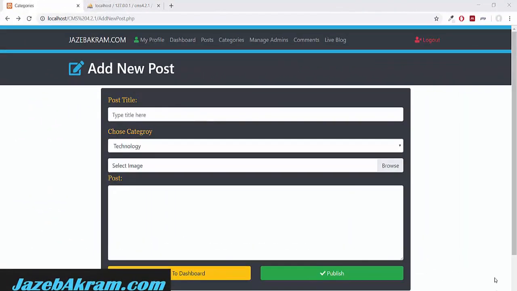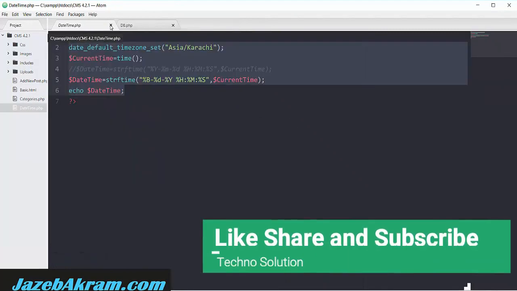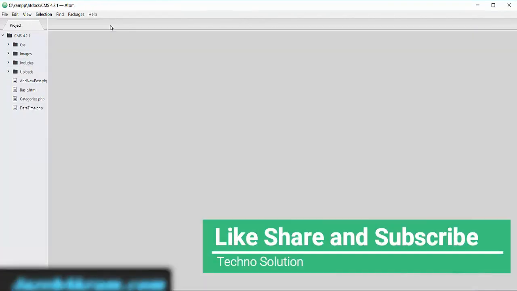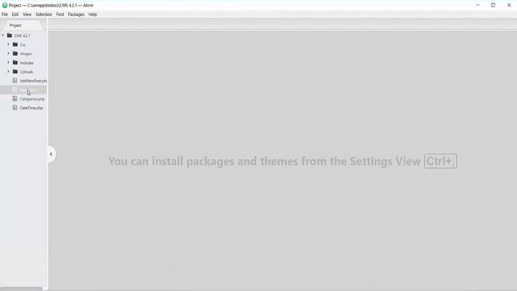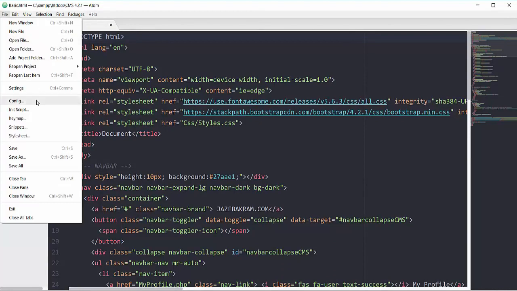Design one simple page that will show us all the existing blog posts. So back to my editor, closing this add new post.php file and also this datetime.php file, also db.php file. Let's bring this basic.html file. Now I'm gonna save this file as